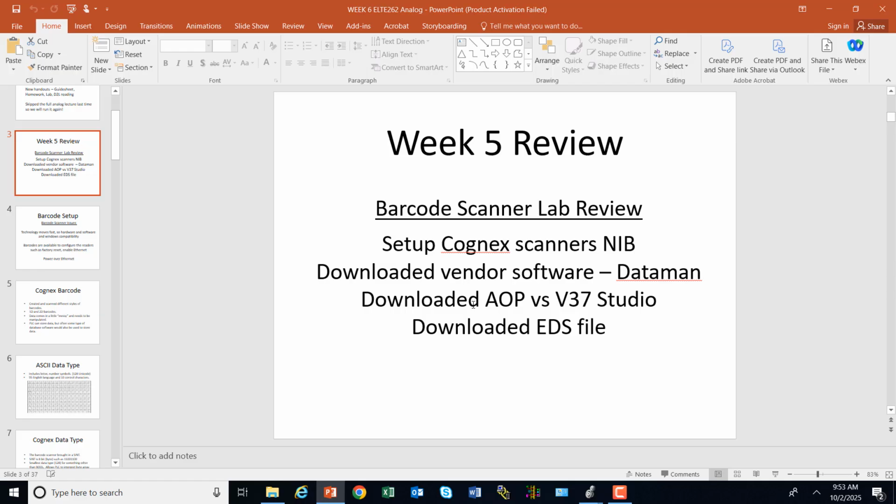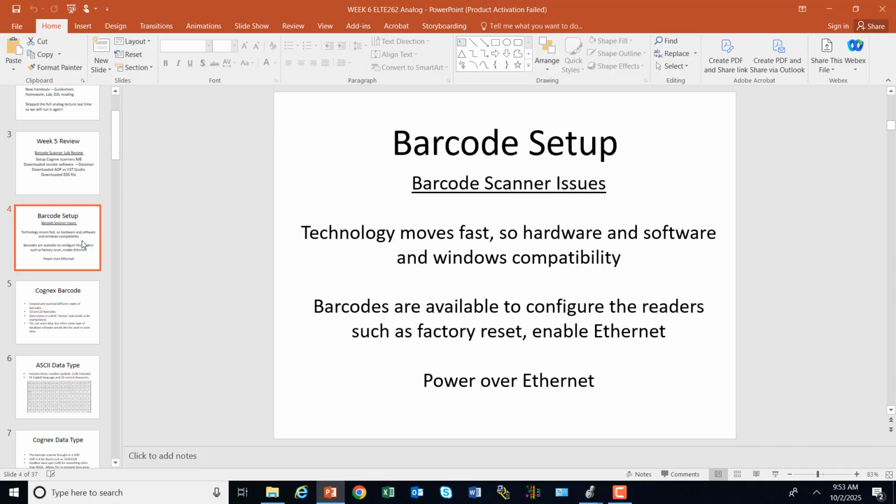What we did is we set up the handheld Cognex scanners, new in the box. You might do that someday. We had to download the vendor software, DataMan. We downloaded the add-on profile and the EDS files so that the software, RSLinx and RSLogix, could seamlessly see the barcode scanners and have controller tags. The issues we were having were that technology moves fast,